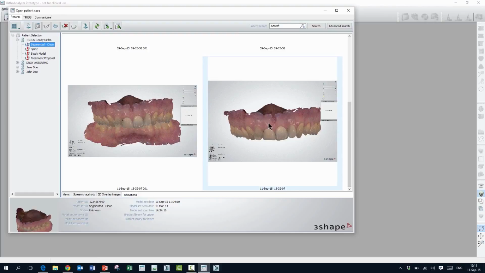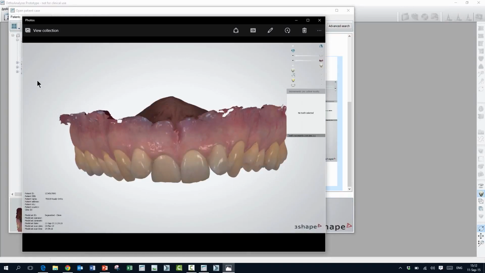A couple of things you can do here. If you double click on it, it will open in the default program associated with the animation files. The animation files in the Ortho system have a file extension called GIF, or GIF. It's pronounced both ways, and it's an animation file format that is supported by pretty much every computer in the world. So when I double click on this, it will open my default